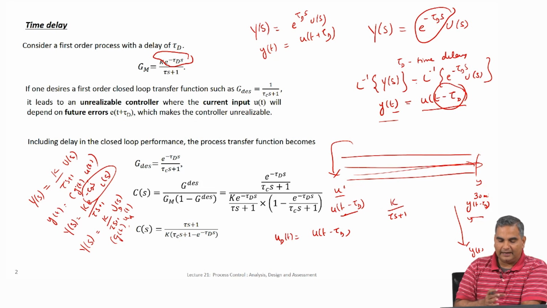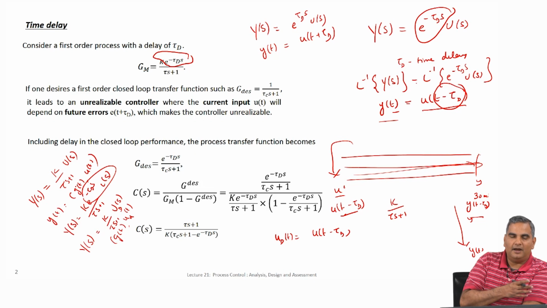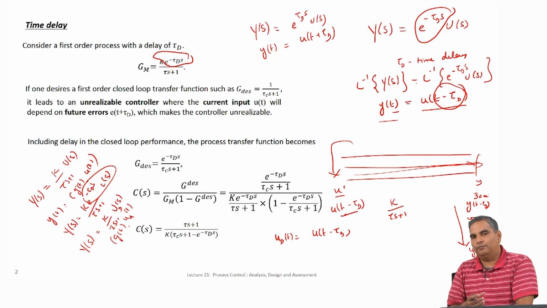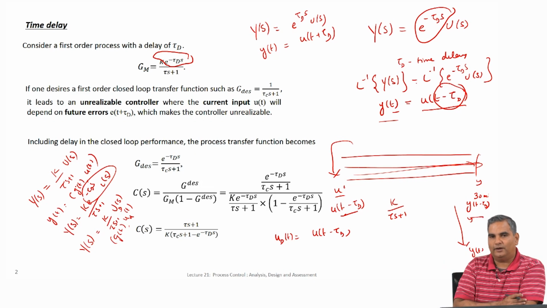Any time this looks confusing, you can club e^(-τd s) and the next term together, and then you will see the physical meaning. In the first case with just the first order, if there is no time delay, whatever u I have will immediately act on the output through a first order process. If there is a time delay, changes that I made at time t − τd will pass through a first order process and affect y. So, it will take that amount of time before you see any effect.